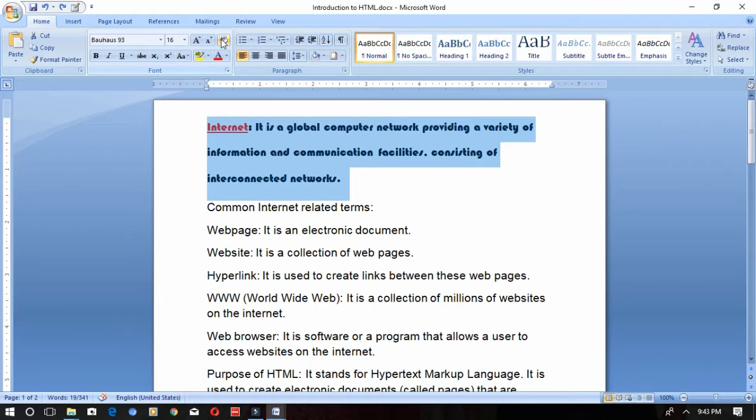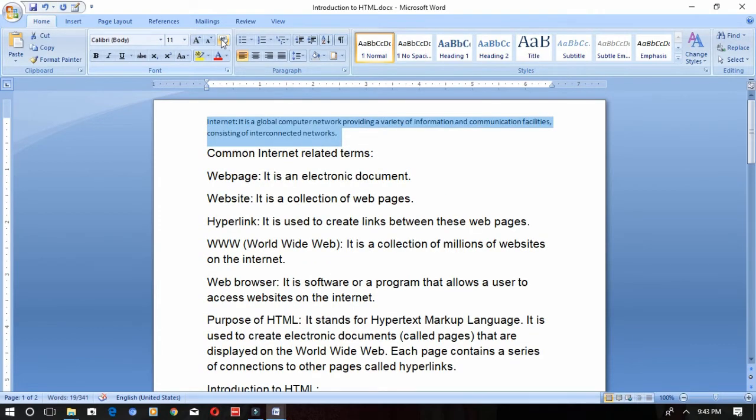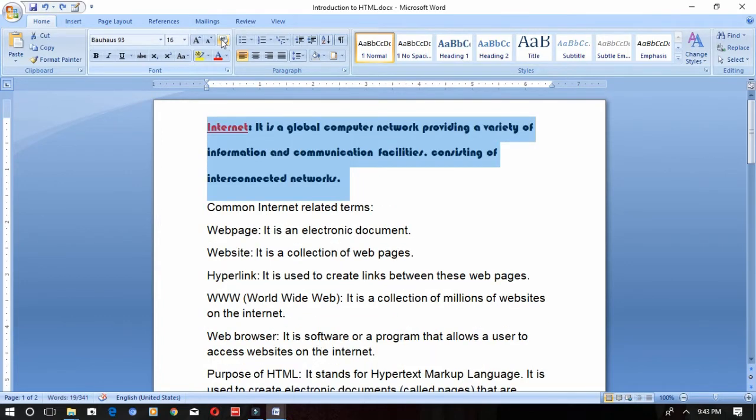If I say Control plus Y, what will happen? Redo. Only if you undo, you can redo it. So you can use this undo option in two ways. One is using the keyboard shortcut: Control plus Z for undo, Control plus Y for redo. And you can go to this quick access toolbar. From here also you can do it. This is the undo and this is the redo button. You should remember, only if you undo something, you can redo it.